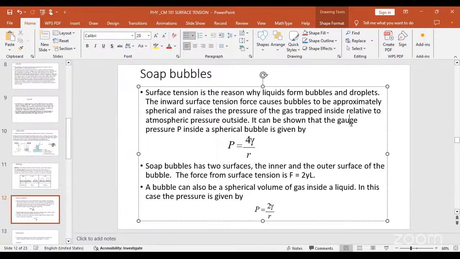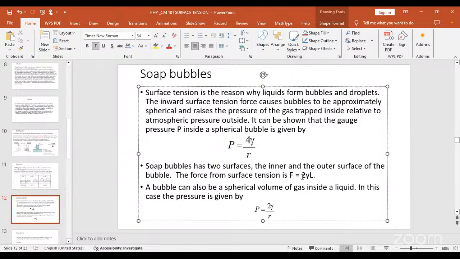Now the pressure inside the soap bubble is given by P equals 4 times gamma over R, where we are already familiar with gamma, which is the surface tension. Bubbles have two surfaces, the inner and the outer surface of the bubble. The force from surface tension is F equals 2 times surface